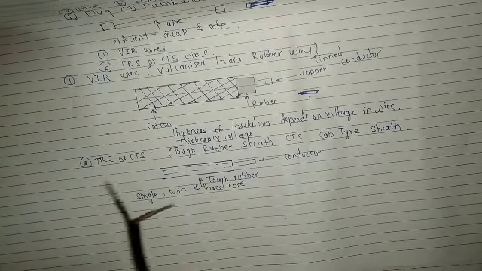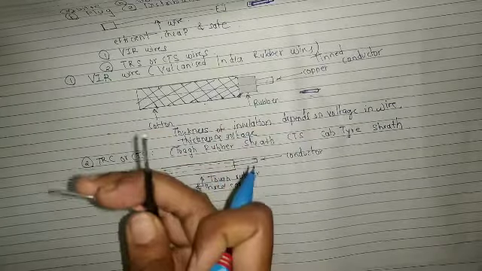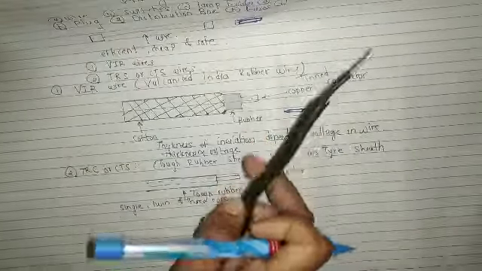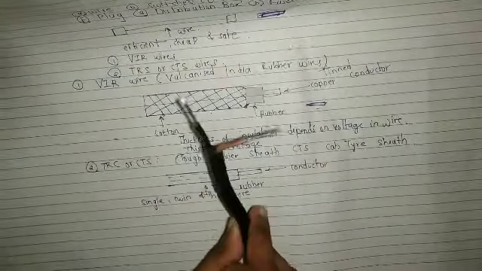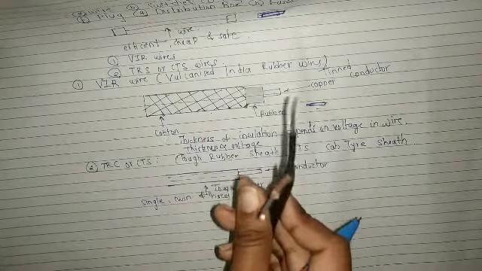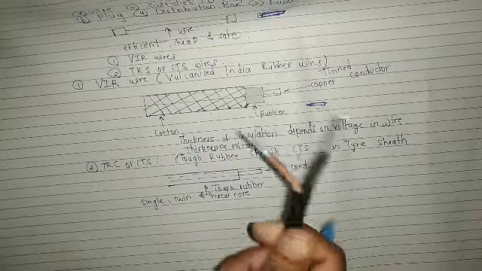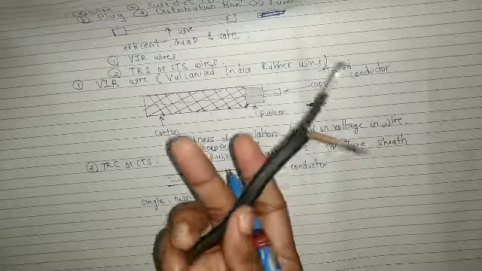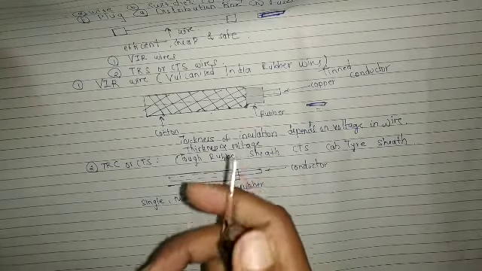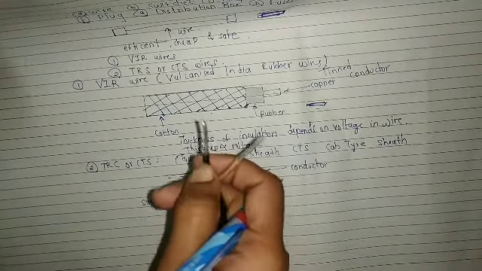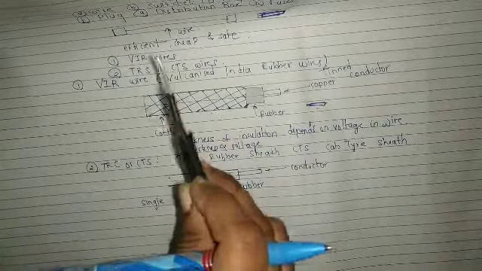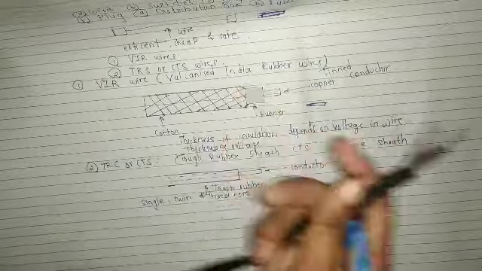So single core, that means it will have just this single conductor. Twin core means this is a twin core. And 3 core, that means it will have three conductors. So that wire will be 3 core. So this is a twin core wire that I have right now. Okay. So here in this wire, this is the conductor. This is the insulation provided on it, and this is the outer layer. Okay, so this is the wire.